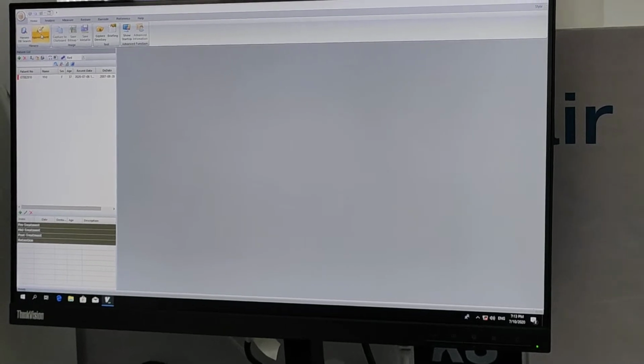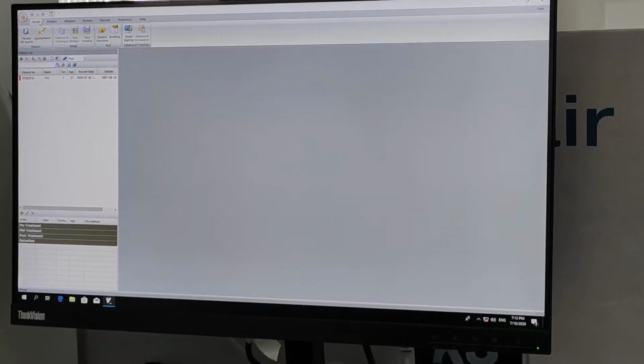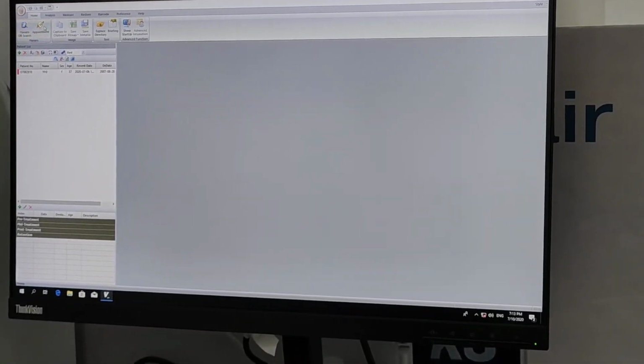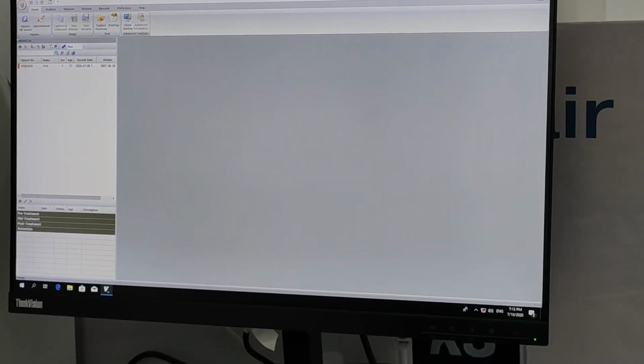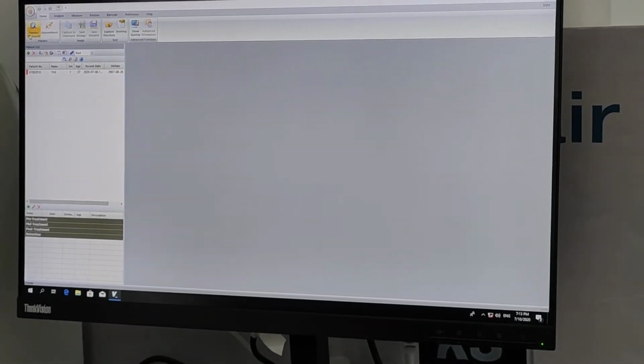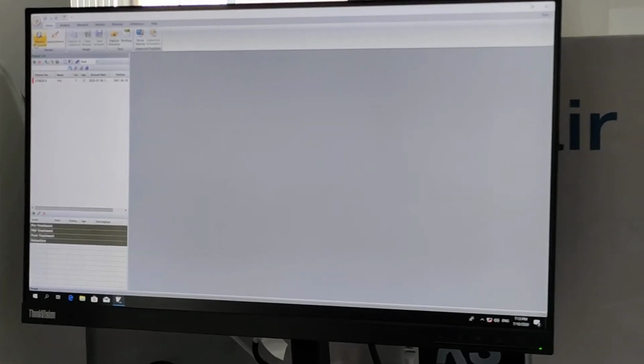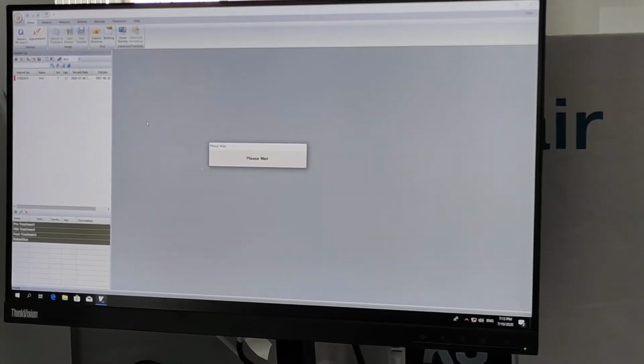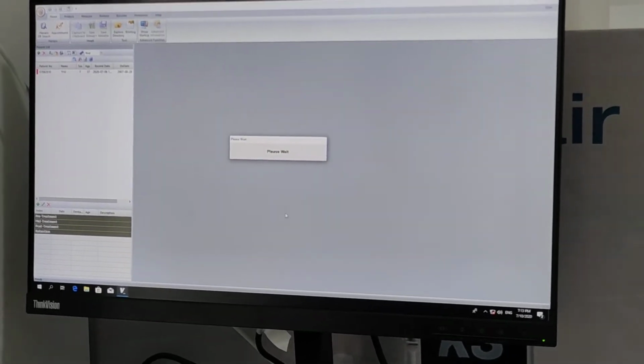Then here is a tab, if you go to the home tab, in the home tab we have so many different options. The first is the Hanaro DB search. DB search is nothing but a database search. Appointment is to manage and schedule the appointments. So that is what it is.